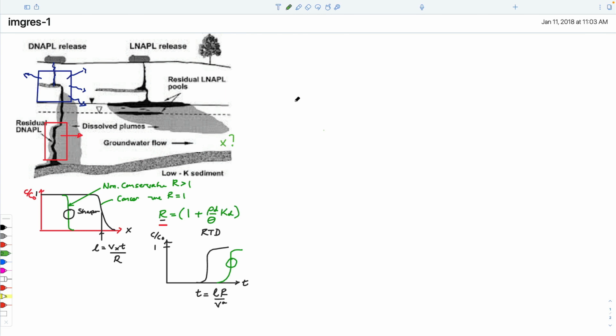We've covered a lot of ground, I'm reminded. I recall that we started with this kind of cartoon of LNAPL and DNAPL plumes and what they look like. We started talking about the free phase behavior of these. And indeed, we've talked about the reasons why it stops somewhere, the reasons why it stops on the groundwater table